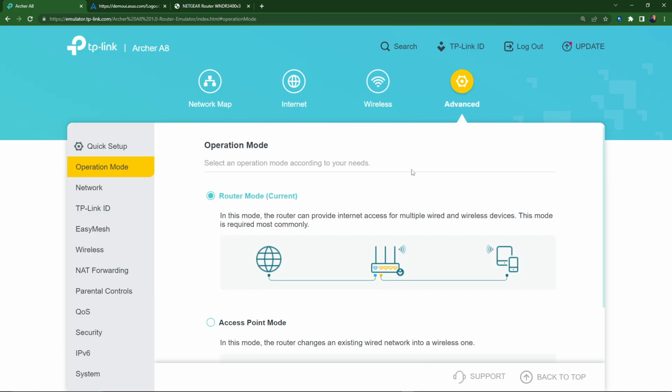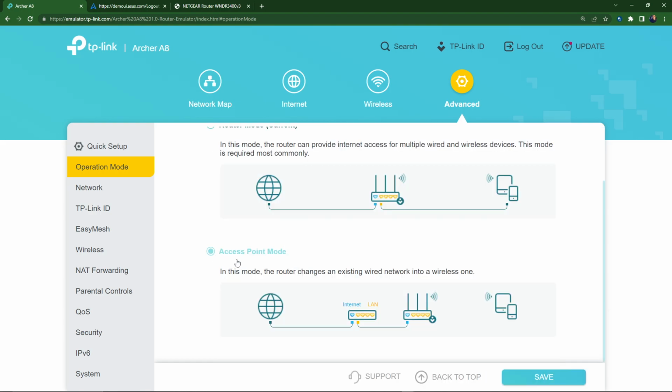All right, advanced stuff. So operation mode: you can use this particular router as an access point or a node in a larger network, and that's like the mesh stuff that we were talking about earlier. So you use these in order to make your Wi-Fi area, your wireless connection area, larger. And whenever you do that, it still allows it to connect out to the internet and basically be a part of the same network. And so you can use this as an access point, or you can use it sort of like a node